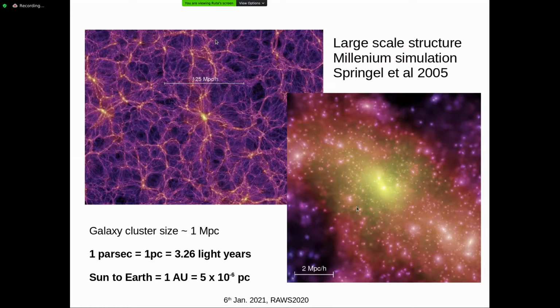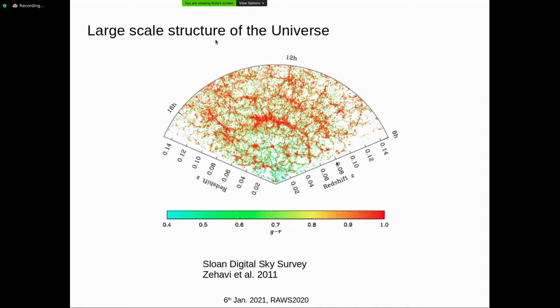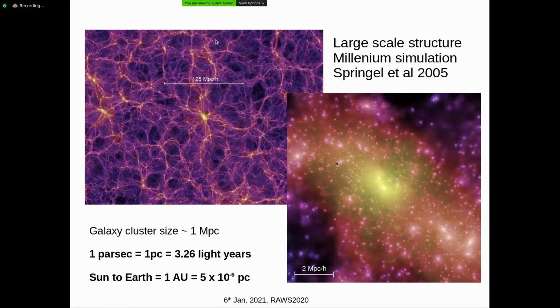In fact, these are the largest gravitationally bound systems in the universe that we know of, and they are constantly evolving. These are also the youngest objects in the universe, because they are still forming. The way this large scale structure is believed to have formed is that smaller structures formed first, and then they merged together and have been evolving into larger and larger systems. That is how galaxy clusters have come into being, and they are still growing.